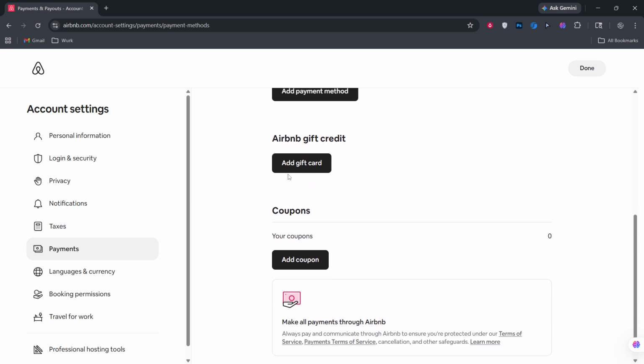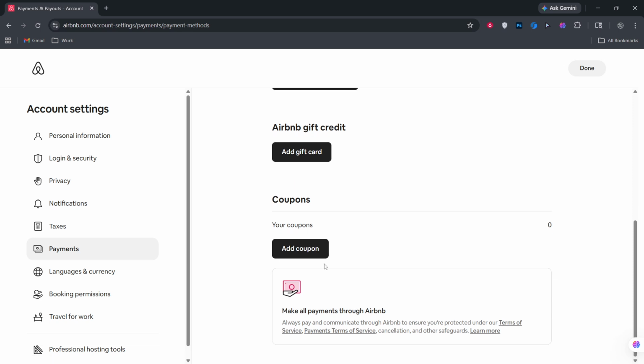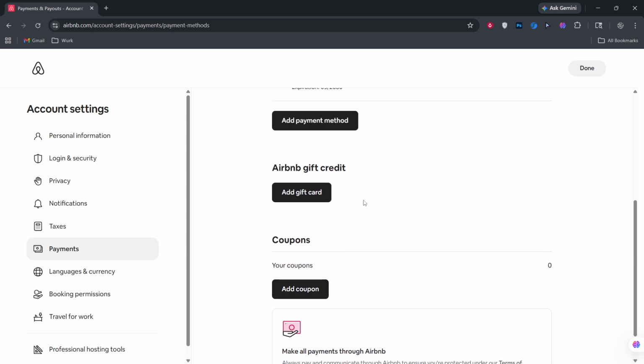Now, select Redeem Gift Card. Depending on your region, it might read Redeem a gift card or Redeem a code, but it serves the same purpose. You'll be prompted to enter the voucher details. Carefully type in the voucher code and the PIN exactly as they appear. Watch out for commonly confused characters, like the letter O versus the number 0. If your voucher came in an email, copying and pasting can help prevent typos.